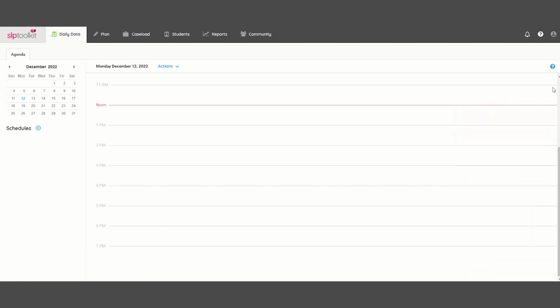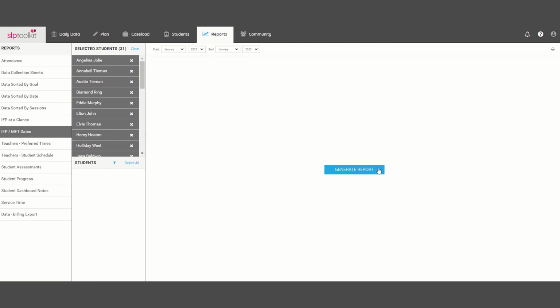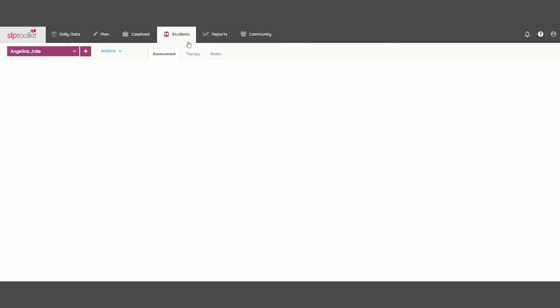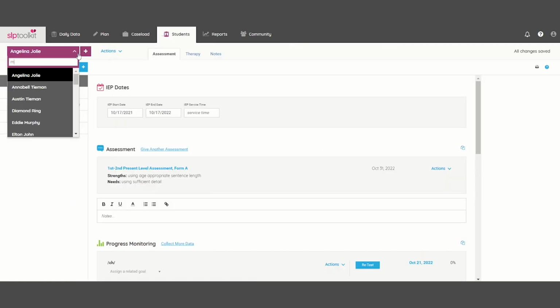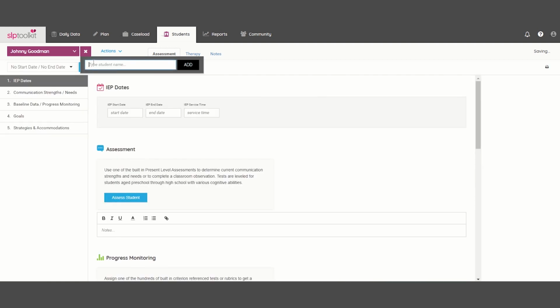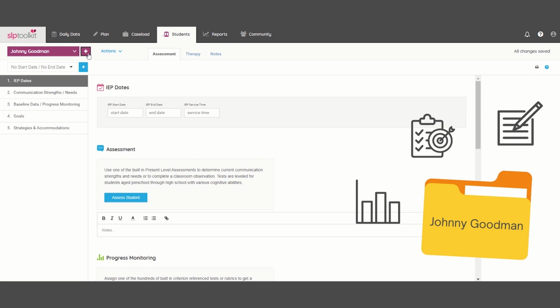Now let's get started. The easiest way to begin using the assessment feature is to choose a student on your caseload who is next due for their IEP. In the Students tab, you will select that student from the drop-down, or if you haven't had a chance to import your caseload just yet, you can click the purple plus sign and type in your student's first and last name. This essentially creates a virtual file folder for your student to keep their data, goals, and notes organized in